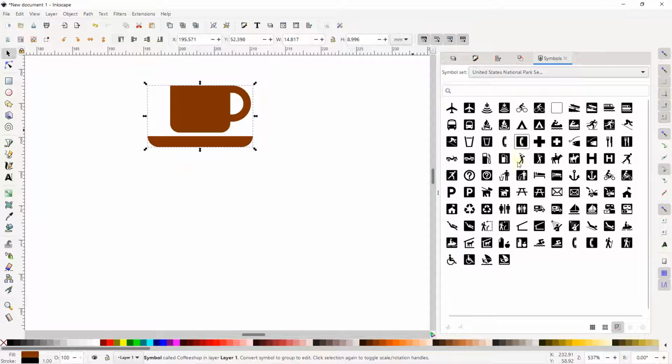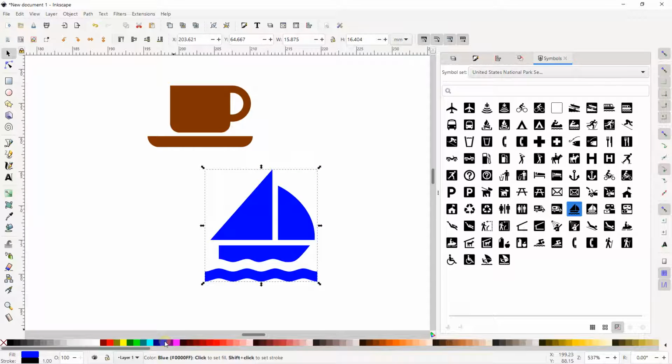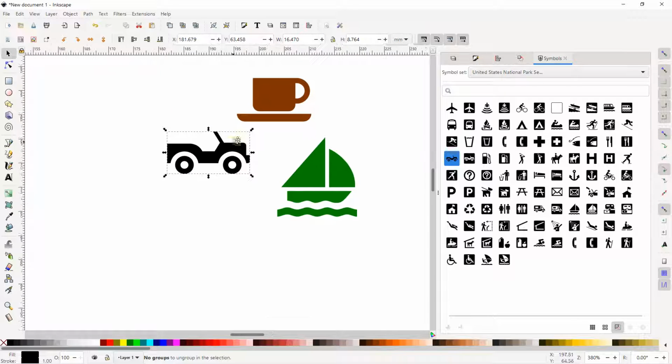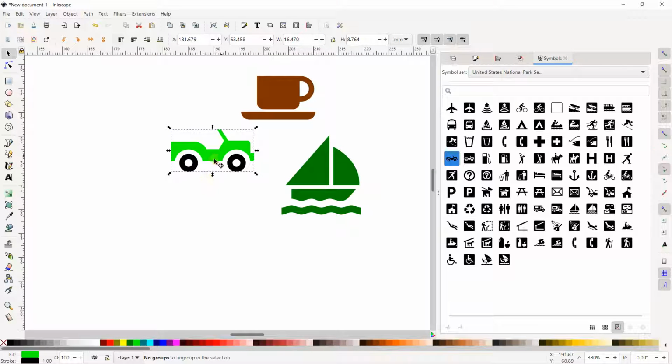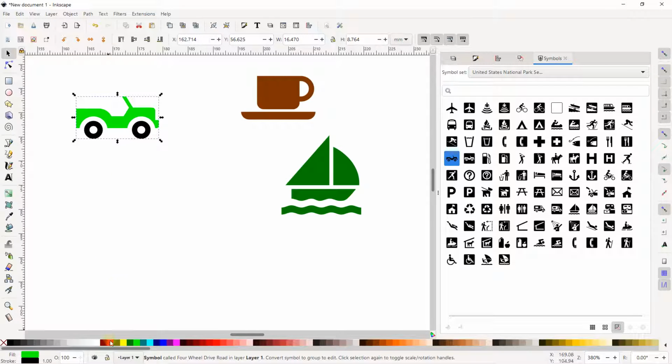Take a glance, here you have all these possibilities. If you want something like a bot, you can drag and move the bot to this area, select any color, and it can be useful for logo design. You can use this type of symbol. For example, I can use this car also and change, why not, the color. In this example, it's strange because, take a glance, I can change the color only on this area. It's a little strange.